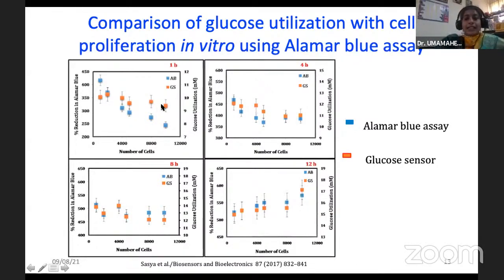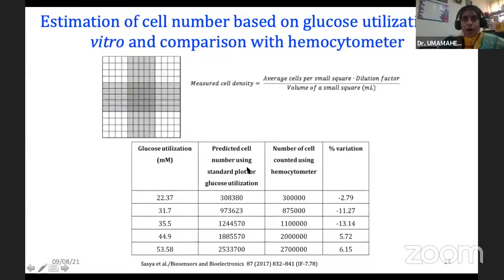So that is the phase where you see the glucose utilization is actually not there. The proliferation starts after 4 hours, where you could see there is a glucose utilization. So this we were able to monitor here. Now the question is, we have used a dye-based assay as comparison to the glucose utilization to look at the